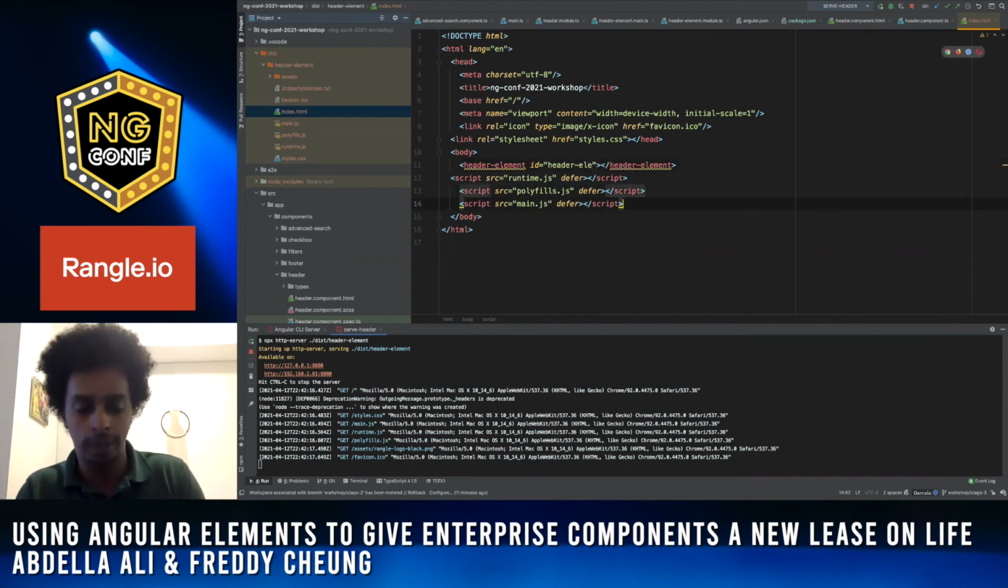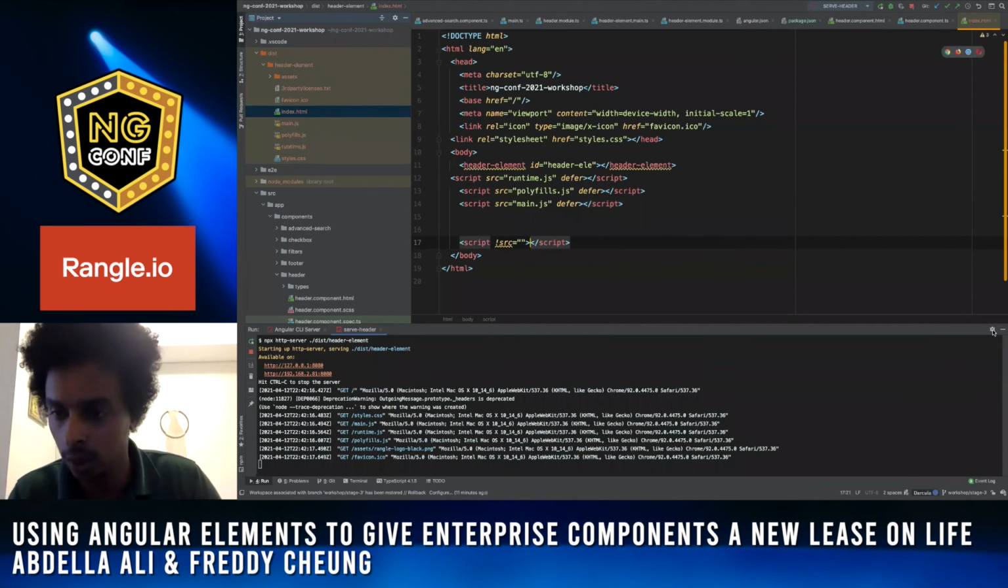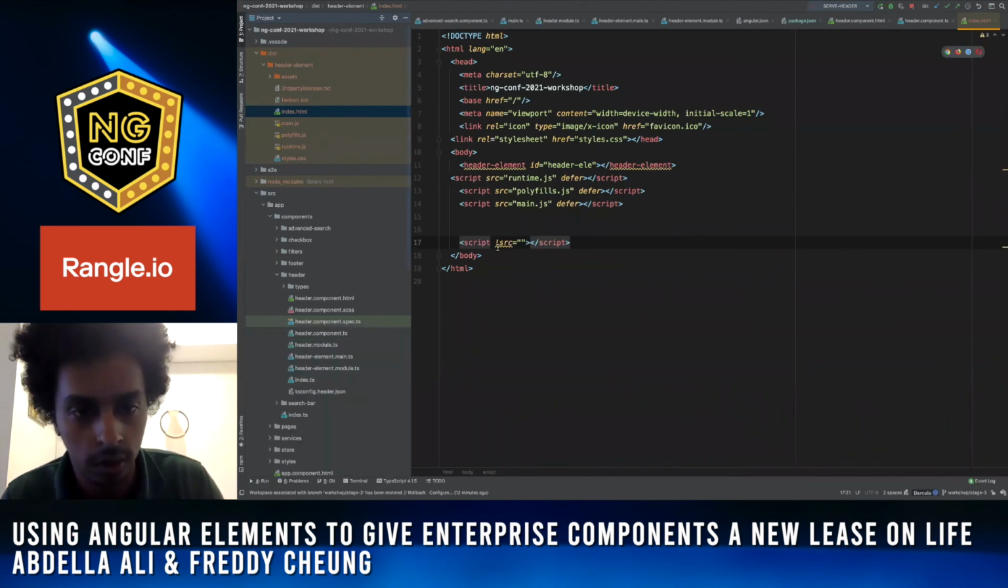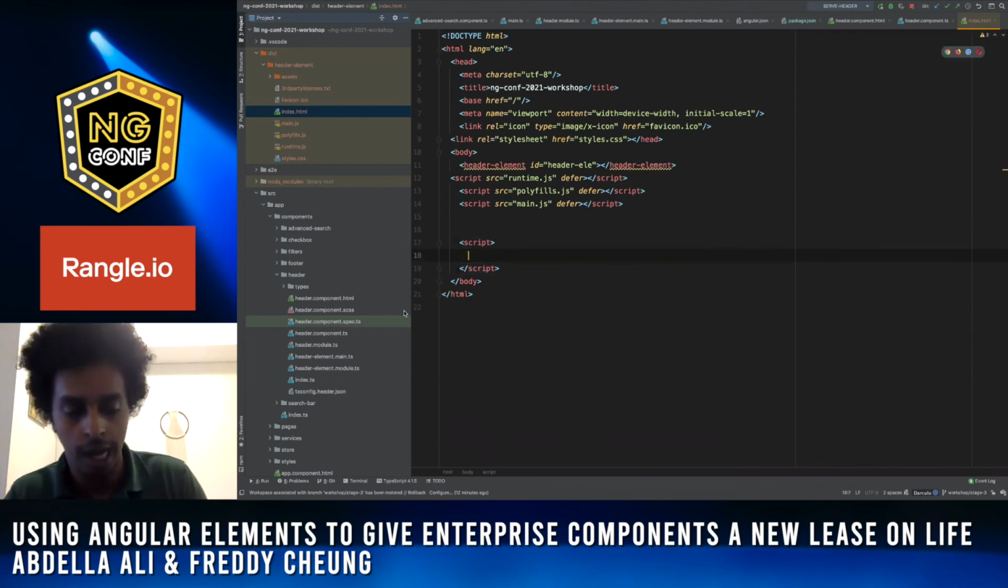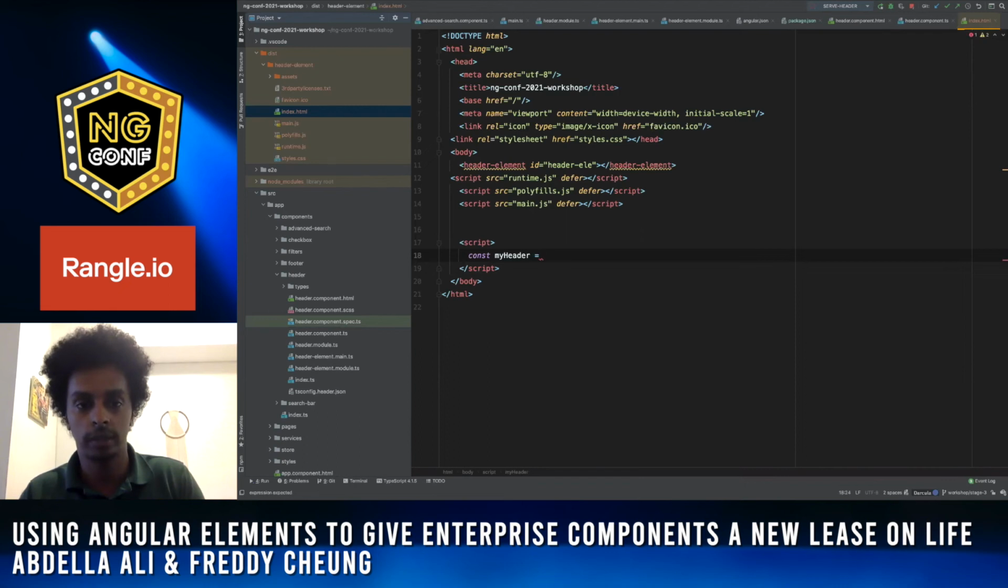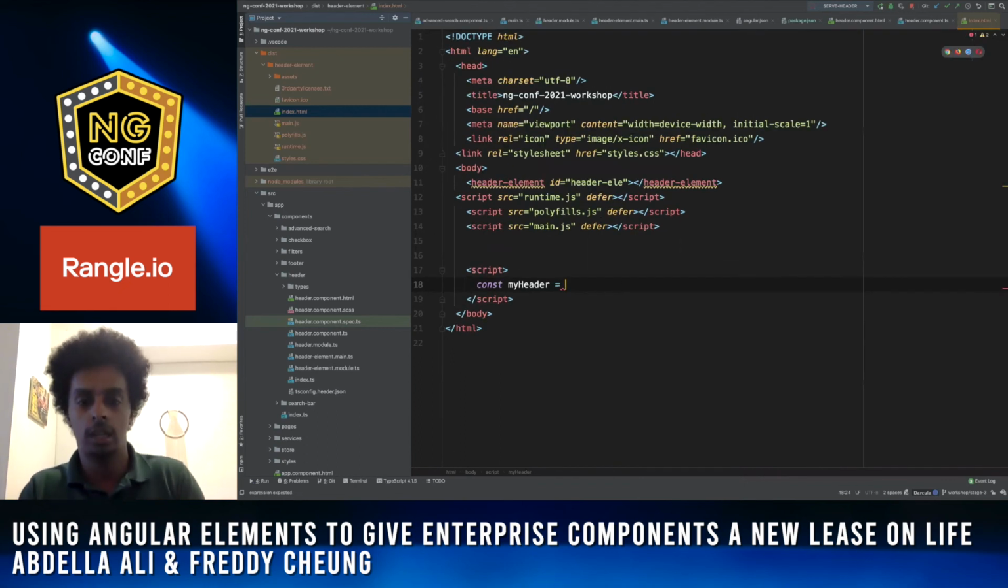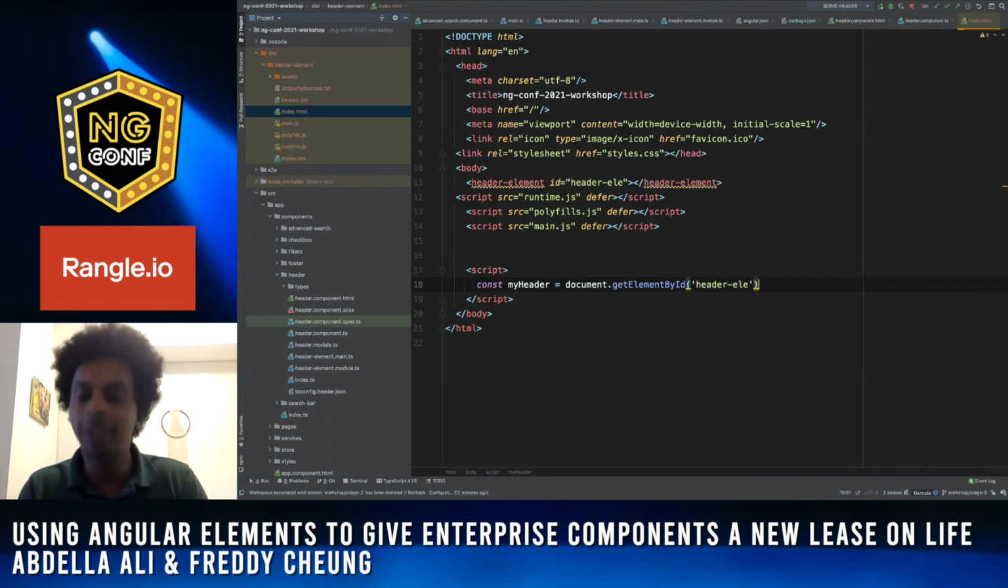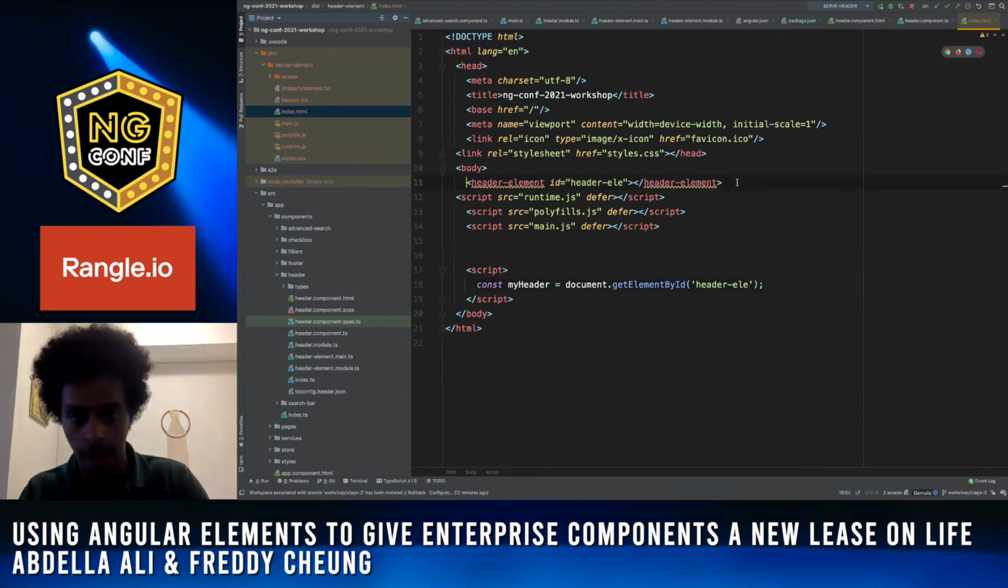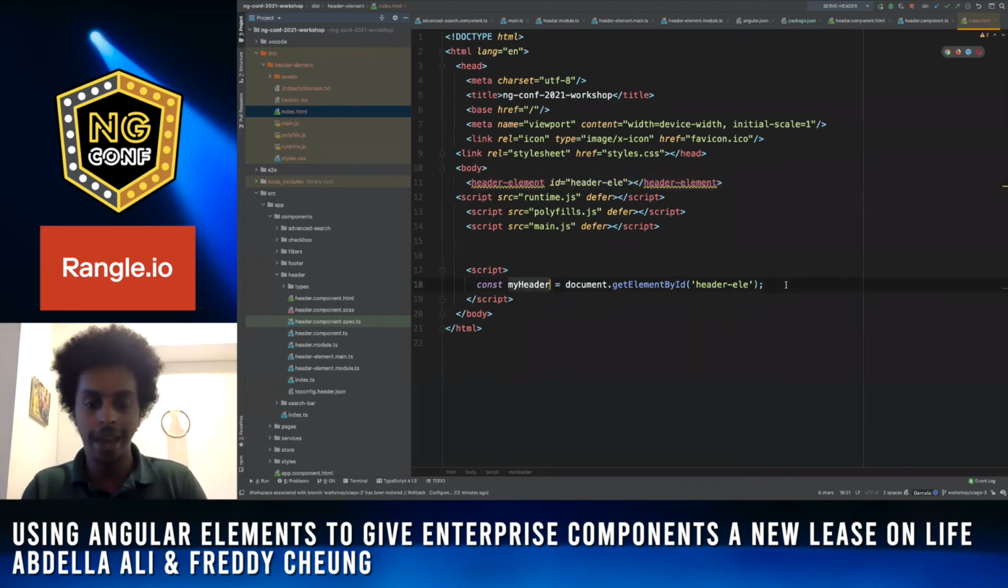And so let's script down here. So this script, we don't need that. Const my header is equal to, I'll make it a little bigger, document.getElementById, and we will pass in header ele. So now I'm getting access to this element right here. It'll give me it and reference it and put it right there. And from that, I can say my header dot header links is going to be equal to an array